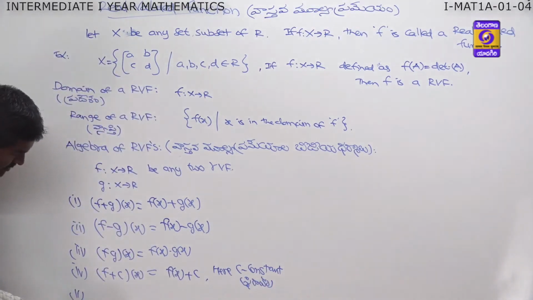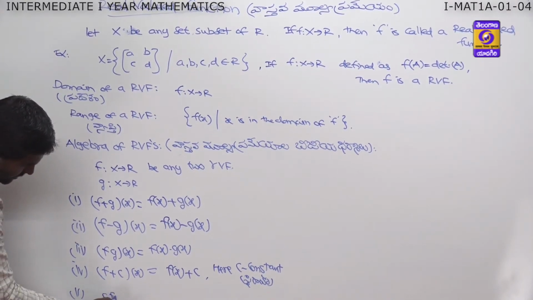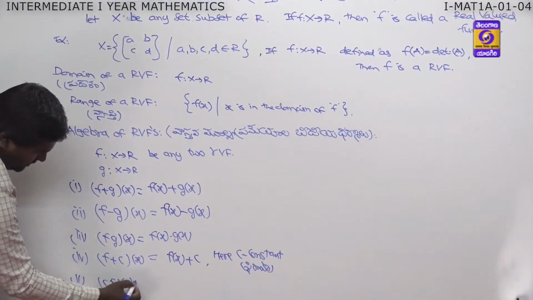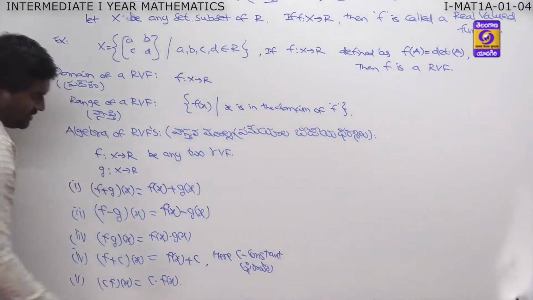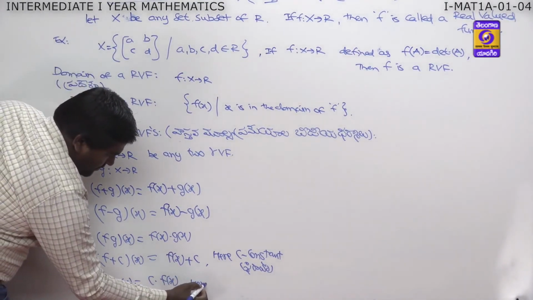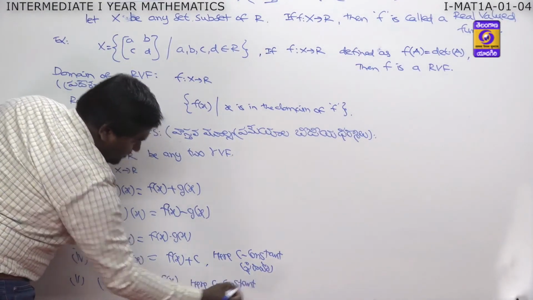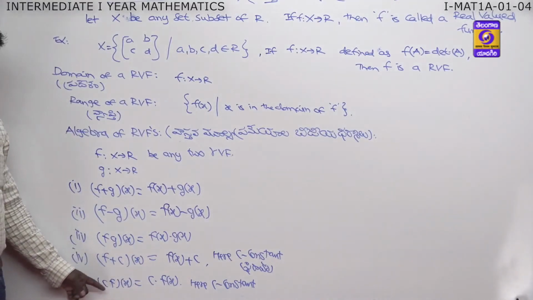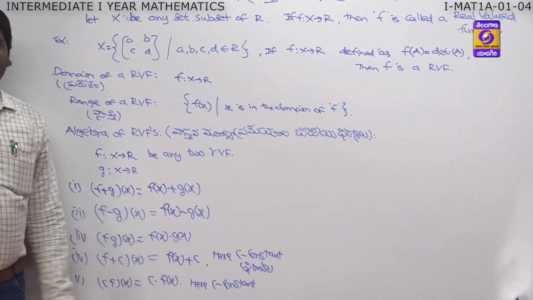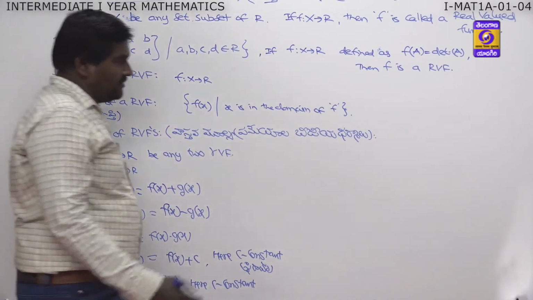Next one, c into f of x. It is c into f of x. Here also c is constant. ఏదైనా ఒక సంఖ్య c తో ప్రమేయం f ను గుణిస్తే అది c into f of x గా అవుతుంది. c అనేది స్థిర సంఖ్య. నెక్స్ట్